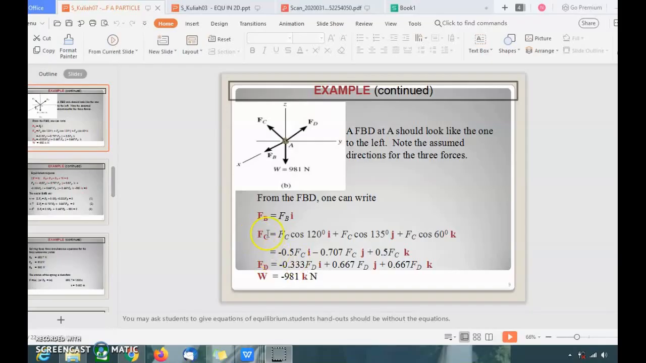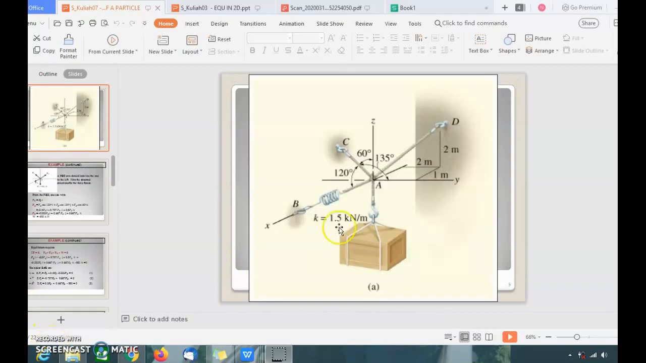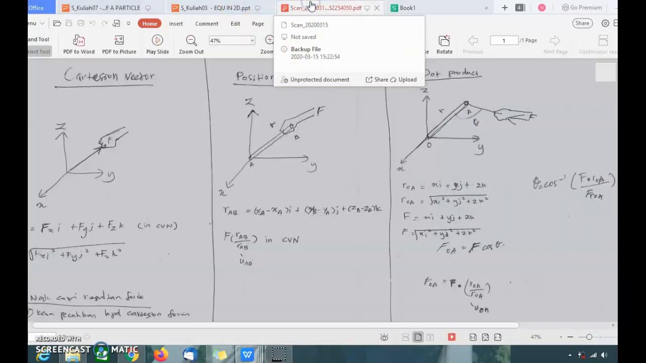Now let's look at FC and FD. We want to find the Cartesian vector form of FC and FD. If we go to the previous slide, we can see that for FC, the information given is the angle between the string and each of the x, y, z axes. Whereas for the force in the D direction, the information given is a coordinate system. So if you look at the note here,